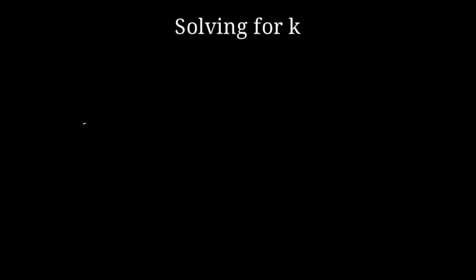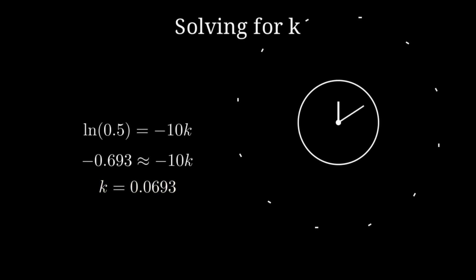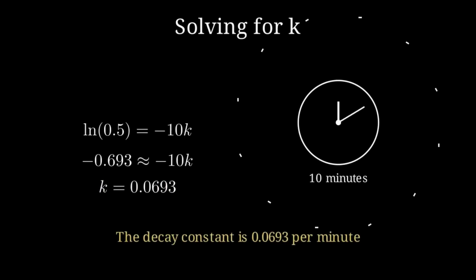To solve for k, we take the natural log of both sides to cancel out e. The natural log of 0.5 is approximately negative 0.693. Dividing by negative 10, we find that k is 0.0693. We now have a mathematical model that can predict the amount at any other point in time for this specific